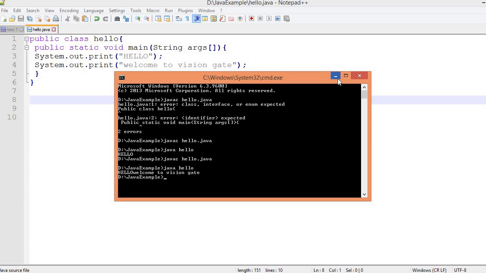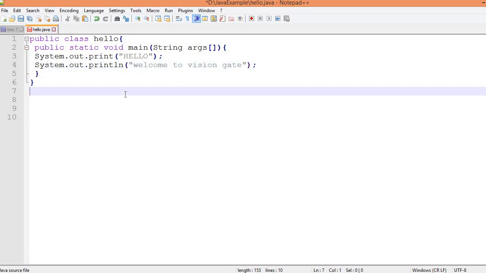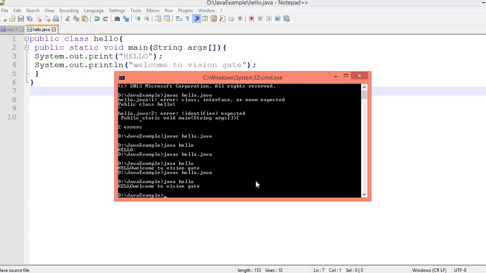Clear? Next we have one more thing, println. I am writing println over here. Now see what will happen. Control S, then need to run the command javac hello.java. Now run java hello.